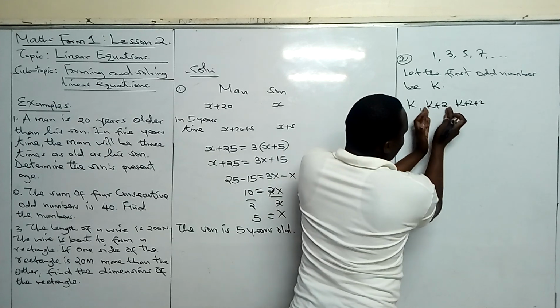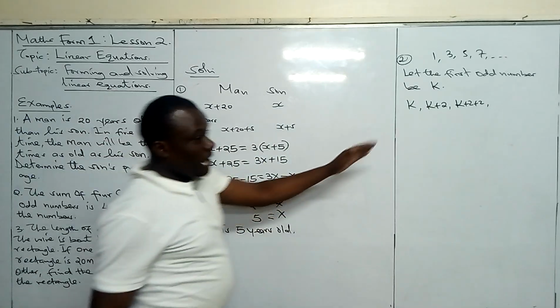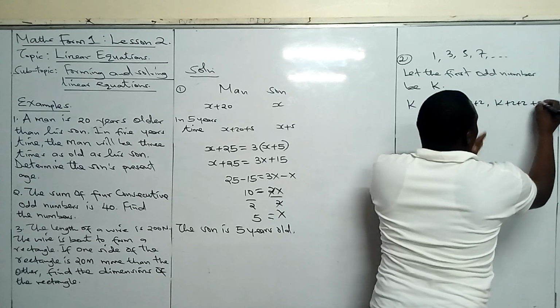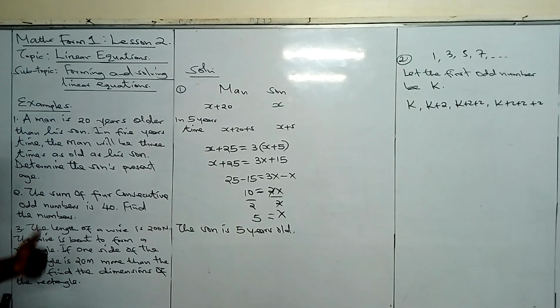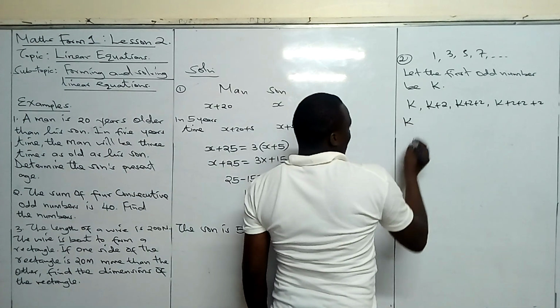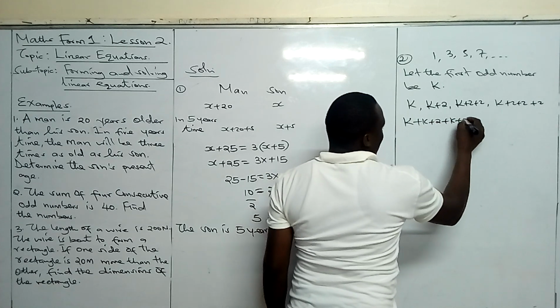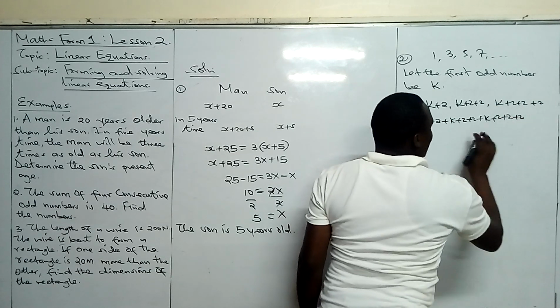k plus 2 is this number whereby I've just added 2. For me to obtain the fourth one, I will take the third, which is k plus 2 plus 2, then I add 2. So those are the first 4 consecutive odd numbers. But the question is telling us that it was the sum of those 4 that gave us 40. So sum means addition: k plus k plus 2 plus k plus 2 plus 2 plus k plus 2 plus 2 plus 2